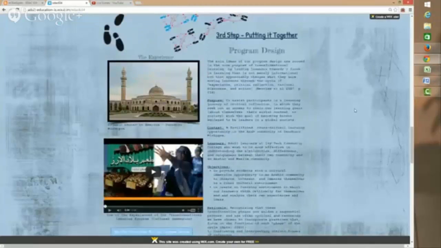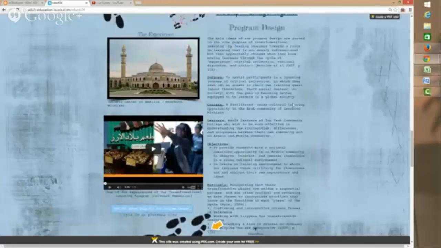Step 3 moved on to the actual program design itself. We chose to do a cultural immersion experience as a catalyst for transformational learning. We centered it in the Arab Muslim community of Dearborn, Michigan,